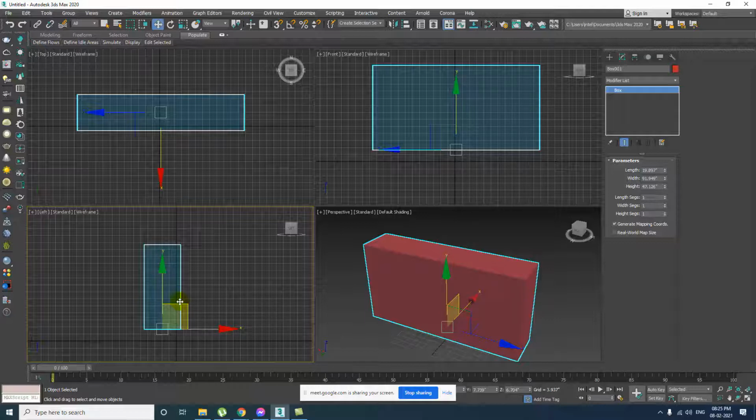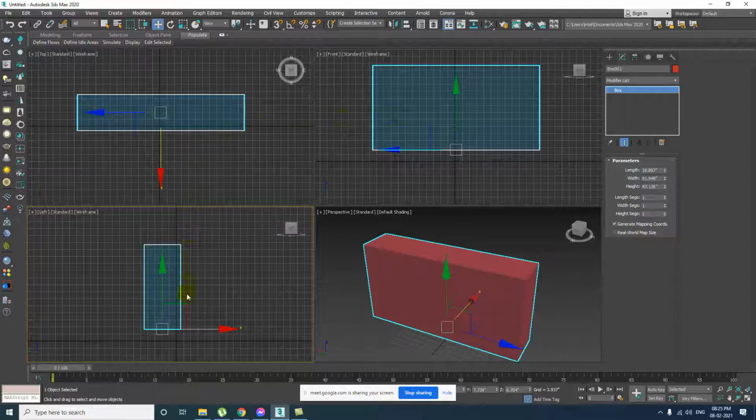Because in 3ds Max, sometimes the computer hardware gets really heavy. So to reduce the burden on the computer, 3ds Max displays the object in wireframe mode. We call it wireframe. You will see just the outline.